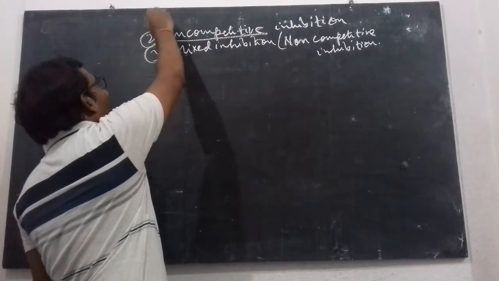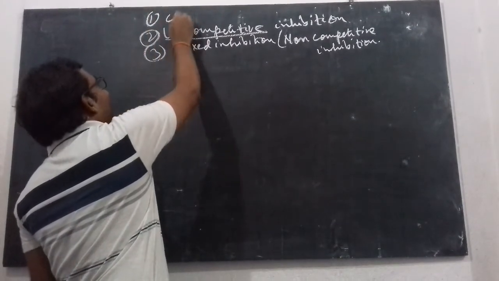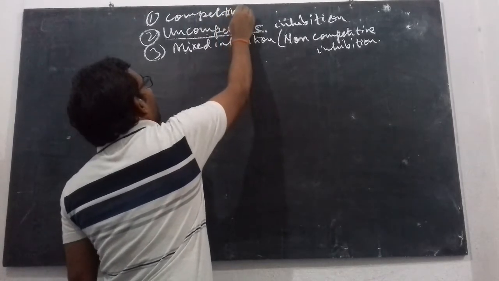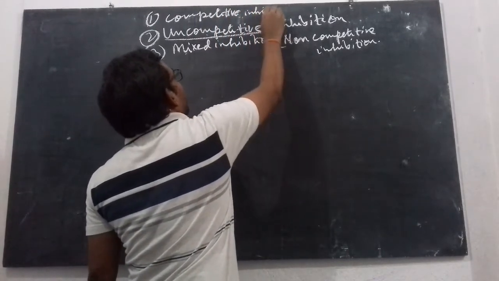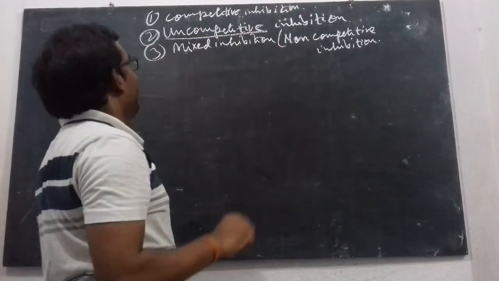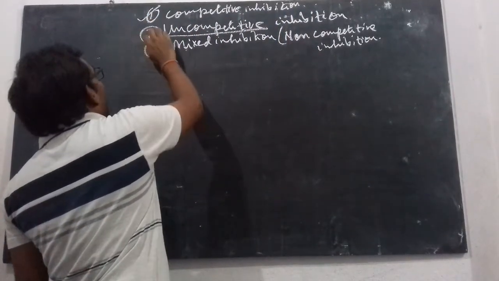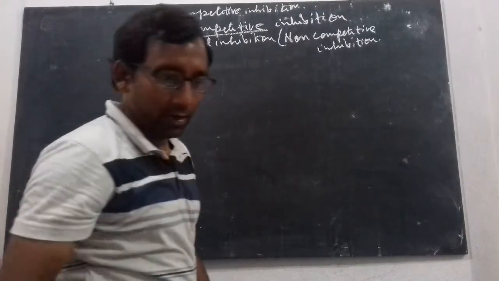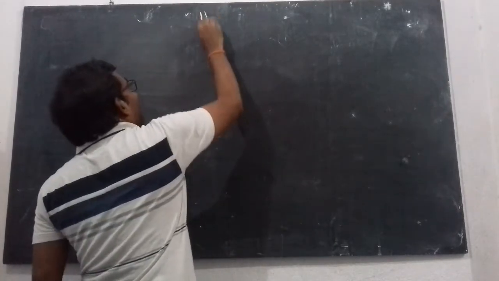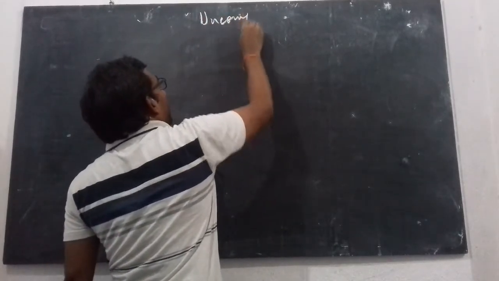So the first one we have already dealt with, competitive. This is already completed, so today we are not going to discuss competitive inhibition. We already know it, and we had already drawn the graph in our previous lecture. Today we are going to start with the second one. Okay, so let us come to the point. Uncompetitive